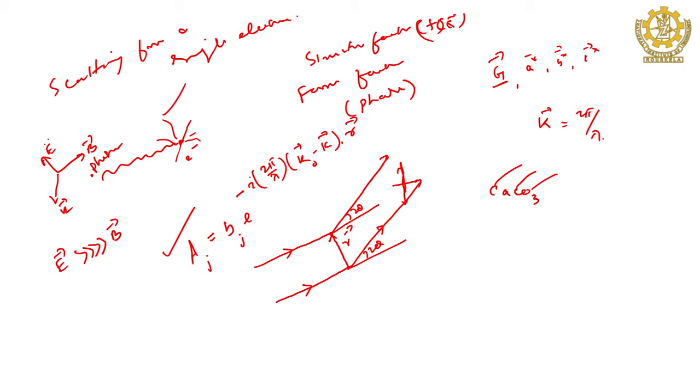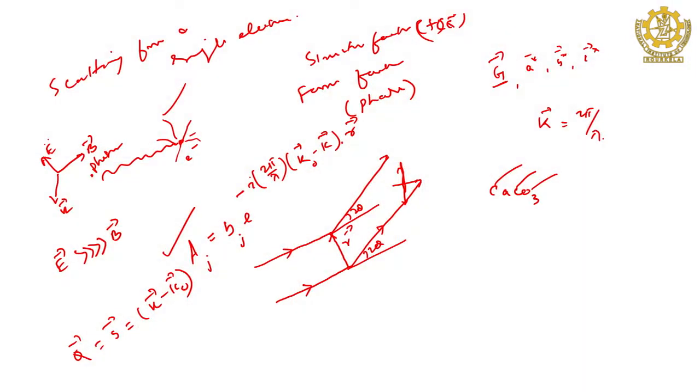Then in terms of 2 theta, how can you express that? You know that either you can write q vector or you can write s vector, both are the same, and it is nothing but your k vector minus k0 vector. Either you may write in terms of q vector or s, the meaning is the same, they are called scattering vectors, and this is k0 minus k, but here it is the negative of that, k minus k0.